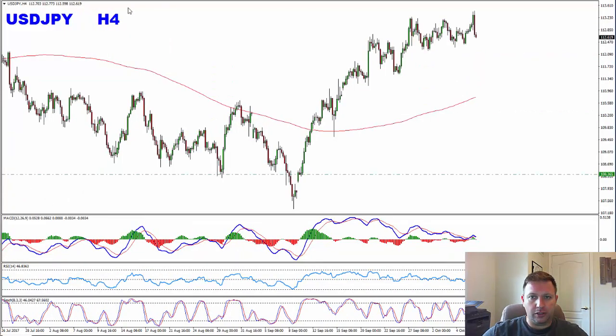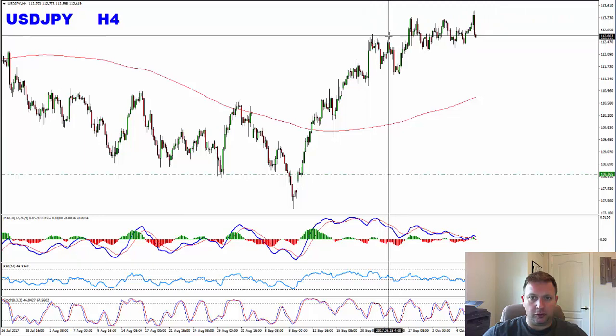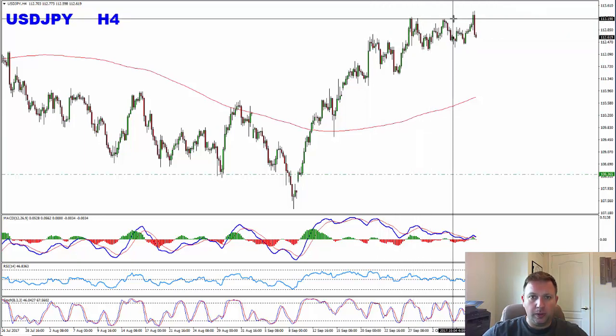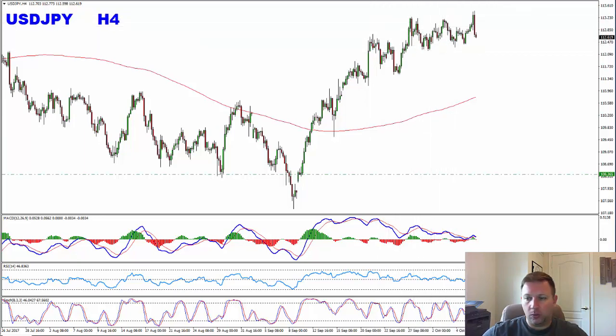Dropping to the 4-hour chart, we can see that we have one false break here, one false break here. We need to go below this low, and then we are officially in sell mode. So go below here, and we can look to sell rallies, maybe all the way down to the